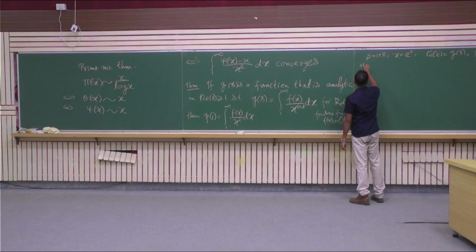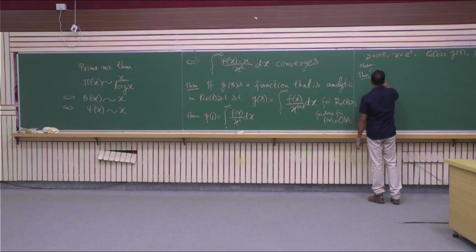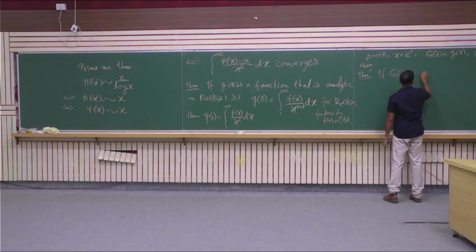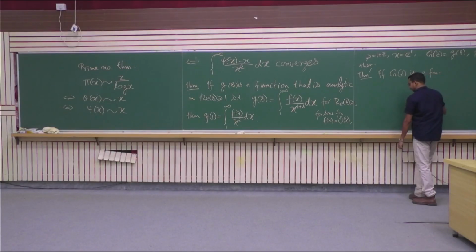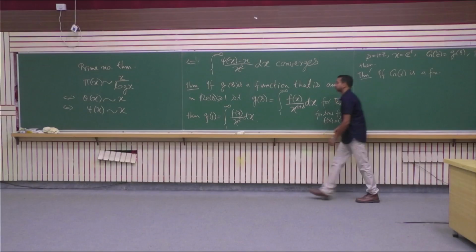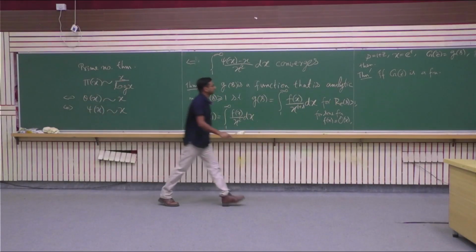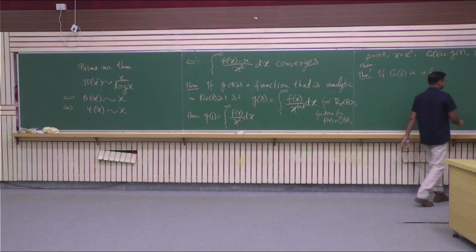Then we restate this theorem as theorem dash, that is: if G of z is a function which is analytic in the region real part of z greater than or equal to 0,